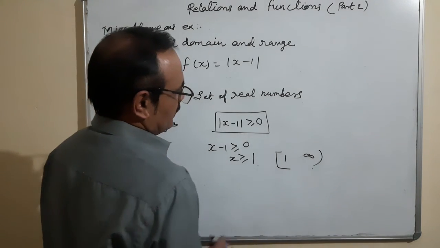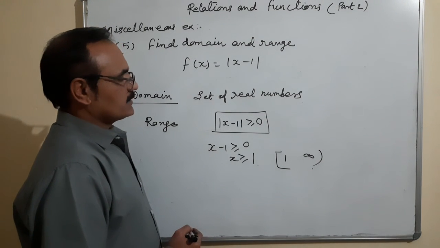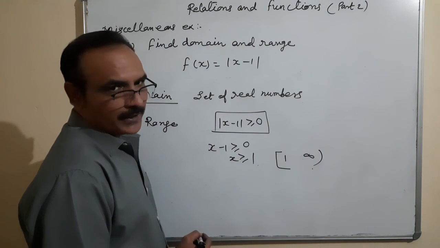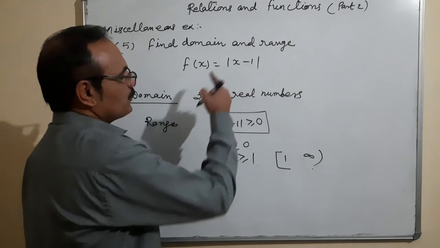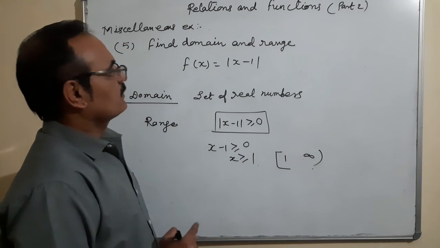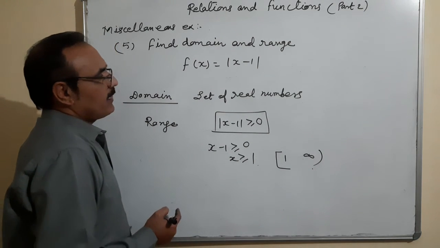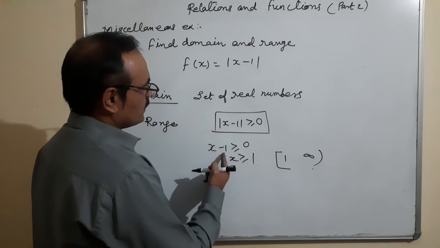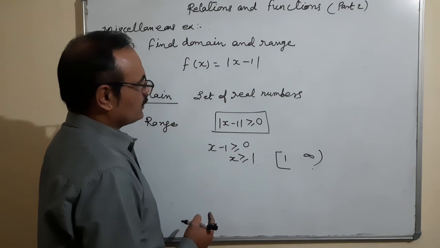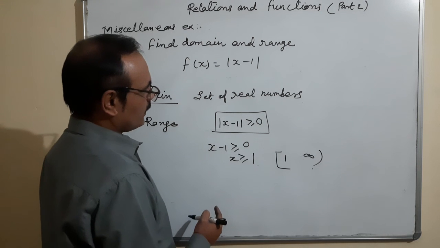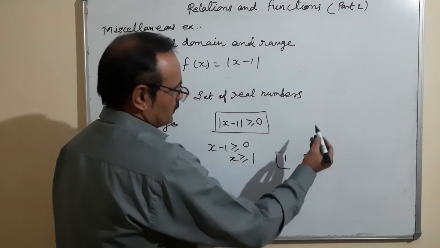So this is the range, in the range from 1 to infinite. Let us understand, in the range can we obtain 0 here? Can we obtain 0? It is x minus 1. If you put plus 1, then 1 minus 1 is 0. Yes, 0 is also possible here. So we can write x minus 1 is greater or equal to 0, so x is greater or equal to 1. These are all the values greater than or equal to 1.